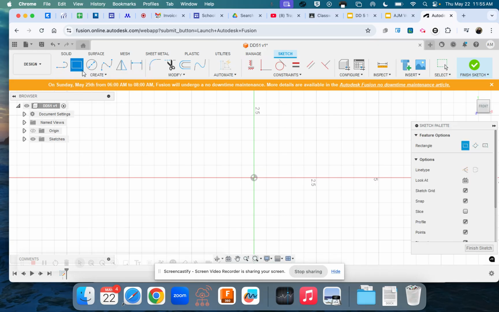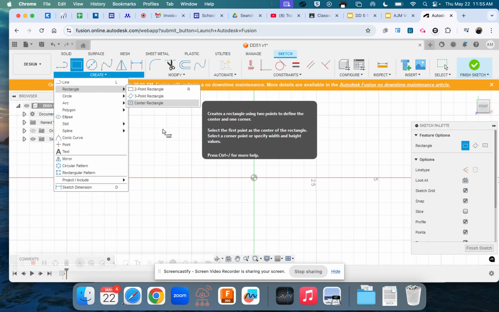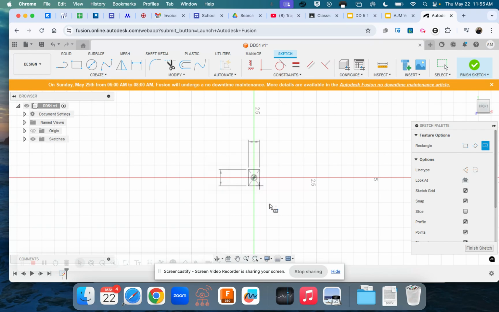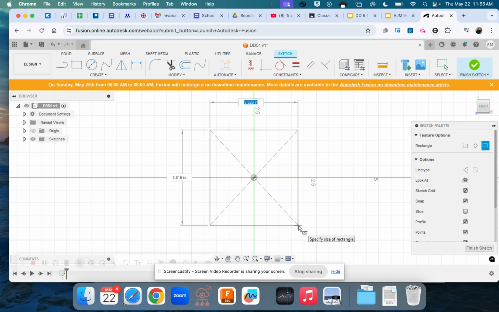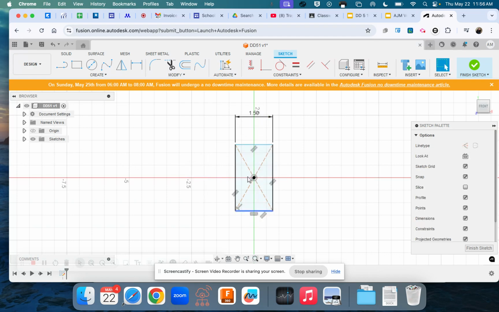I'm going to make a center rectangle, because you know I love my center rectangles. Center rectangle, 1.5 across the top. Whoops, and I'm going to dimension 1.5. Enter. Well, that was a little crazy. I'm going to dimension the side to